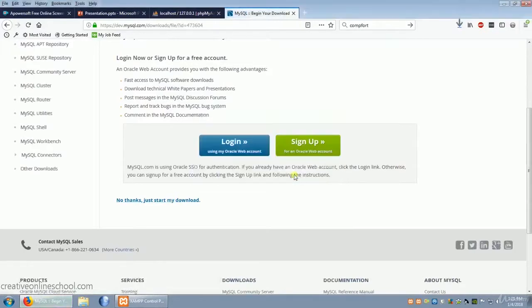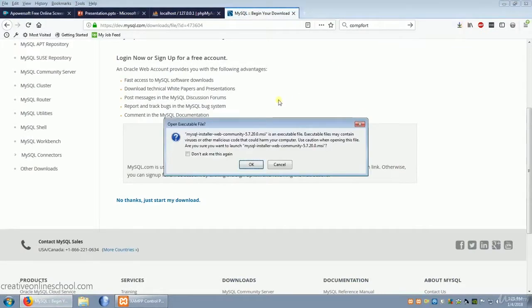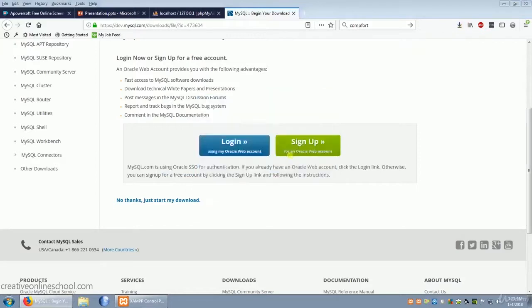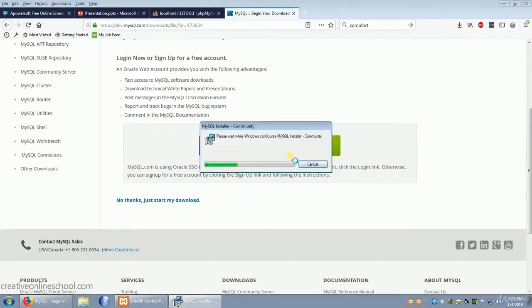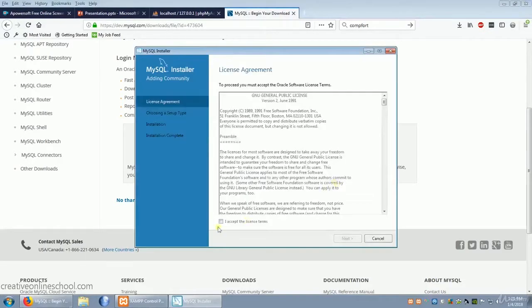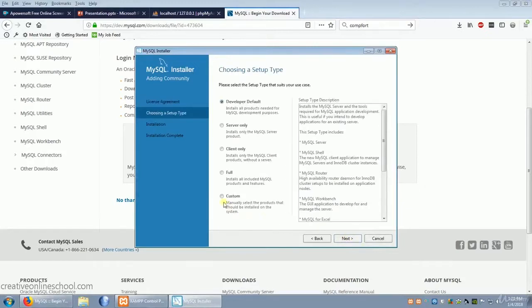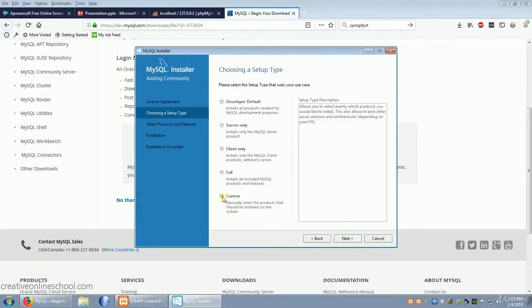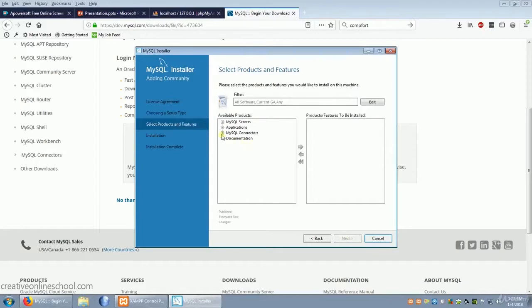Save file. It too is fairly small, so let's open it. You may get a small warning, but this is from Microsoft. It's harmless. Click OK, Run. It may ask if you want to upgrade. Just say no for now. I accept. Next. Now we only want part of this, so we're going to go to Custom, Next, Open Applications,